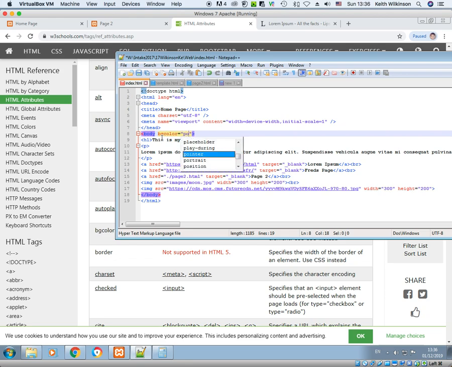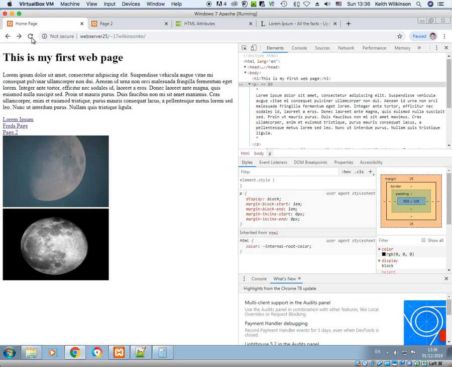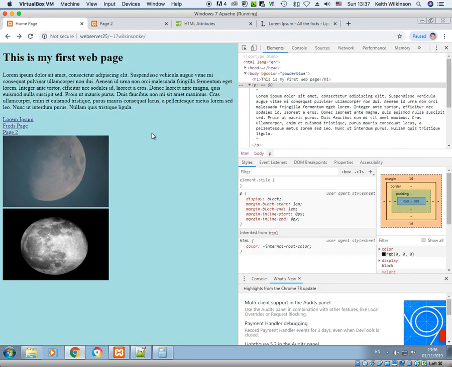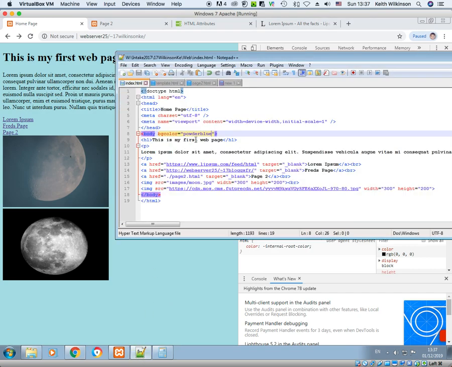Let's see if I can do powder blue. Probably won't recognize that one. Let's try. Let's go refresh my page. Oh, it has done. So this is now colored the background of my web page in powder blue in an